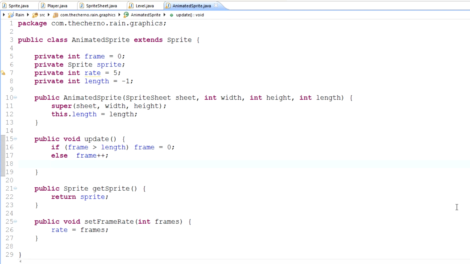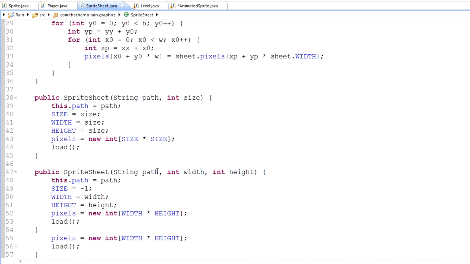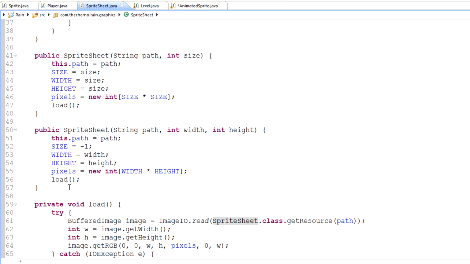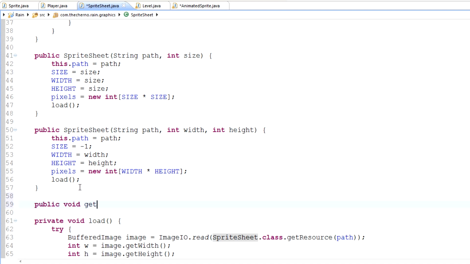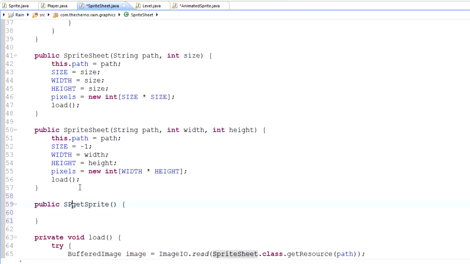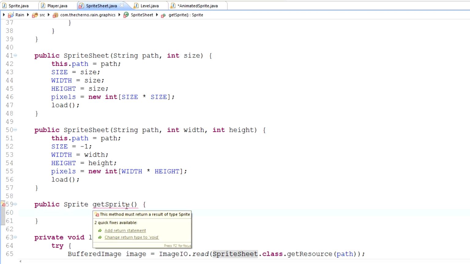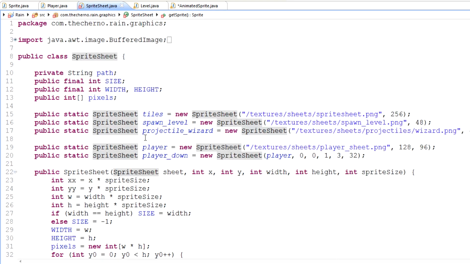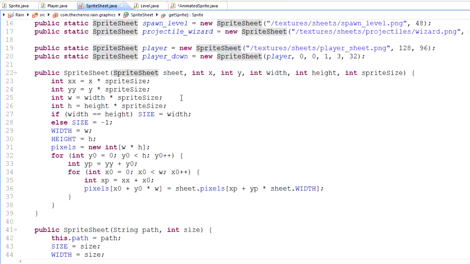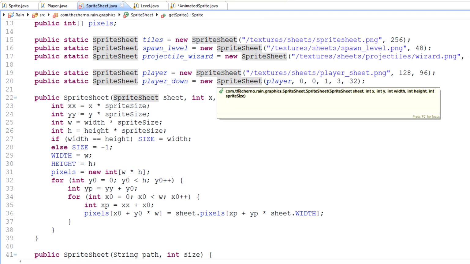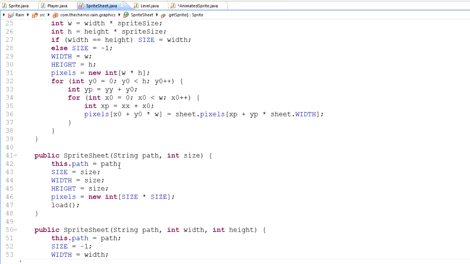What we need to do now is find a way to actually get a specific sprite in a sprite sheet, because the idea here is that we want to set sprite equal to an appropriate sprite. So out of the sheet, I don't think we've got a getSprite method, do we? Okay, let's make one: public Sprite getSprite. What this will do is extract a single sprite out of our sprite sheet. We know the size of sprites, don't we? So we just need a simple